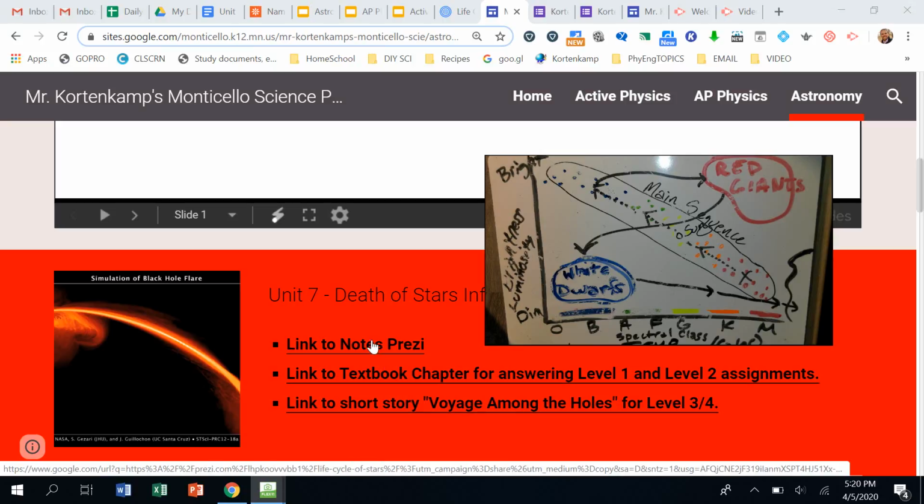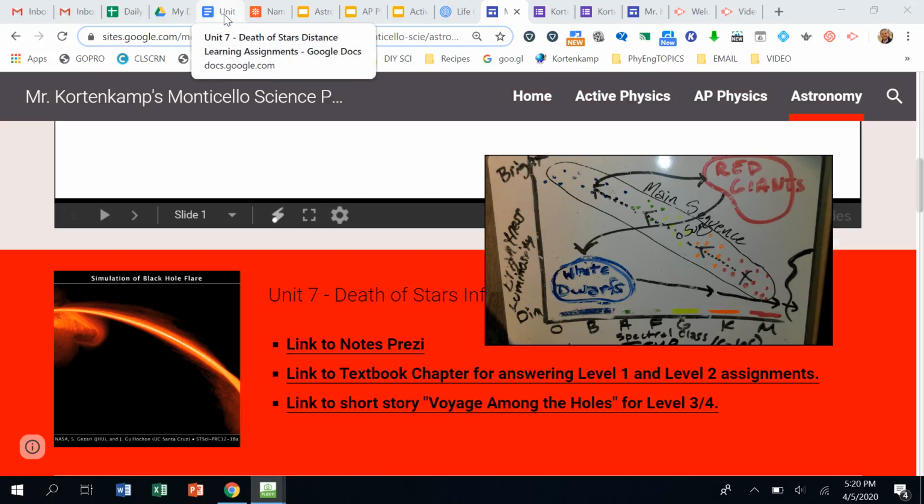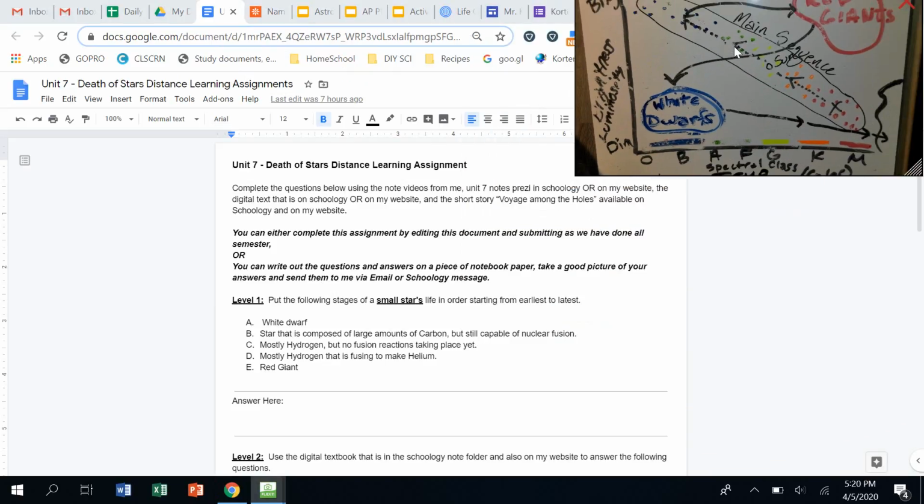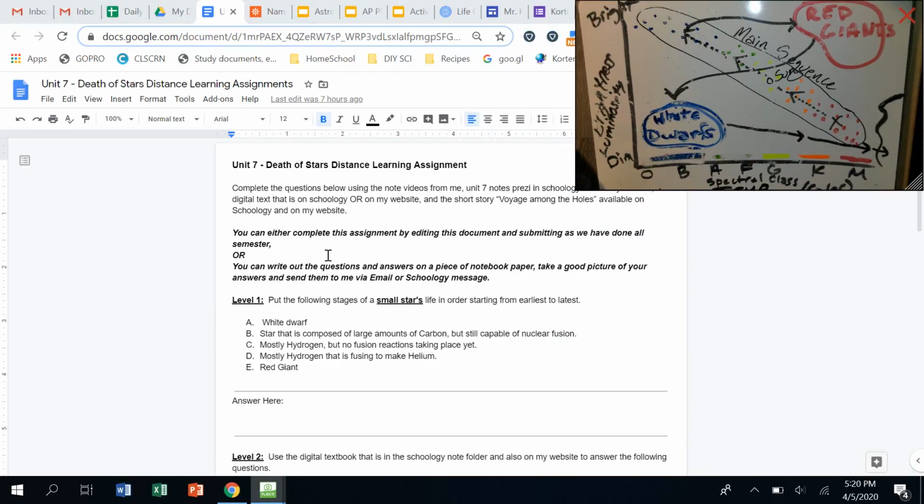You can also access these 3 things from Schoology if that's working for you. They're in there under Unit 7 notes and assignments. But if you just want to go through this website to get away from Schoology, you can. The one time you'll have to go to Schoology if you access assignments this way is when you do the assignment and share it with yourself, to bring up My Document.